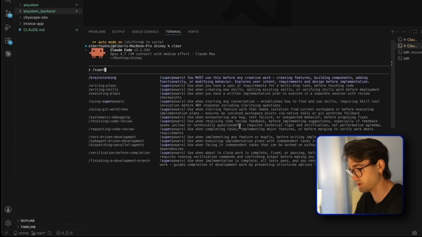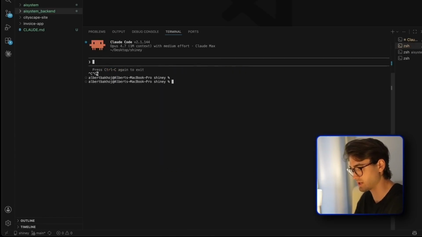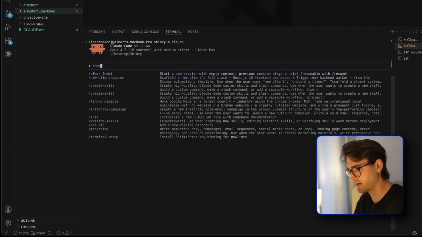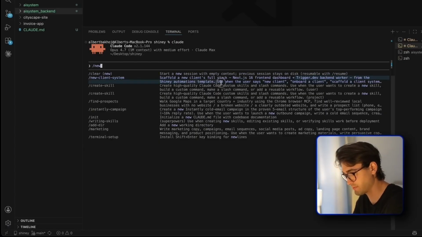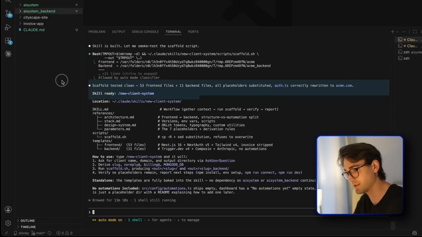If I go into a new Claude session, let's restart Claude right quick. And we then write new client system like this. It says scaffold a new client's full stack Next.js 16 front-end dashboard, trigger.dev backend worker from the Shiny automations template. Use when the user says new client, onboarding client, scaffold, new client system, etc. And of course, I'm also going to drop this skill together with the rest of the skills inside of the